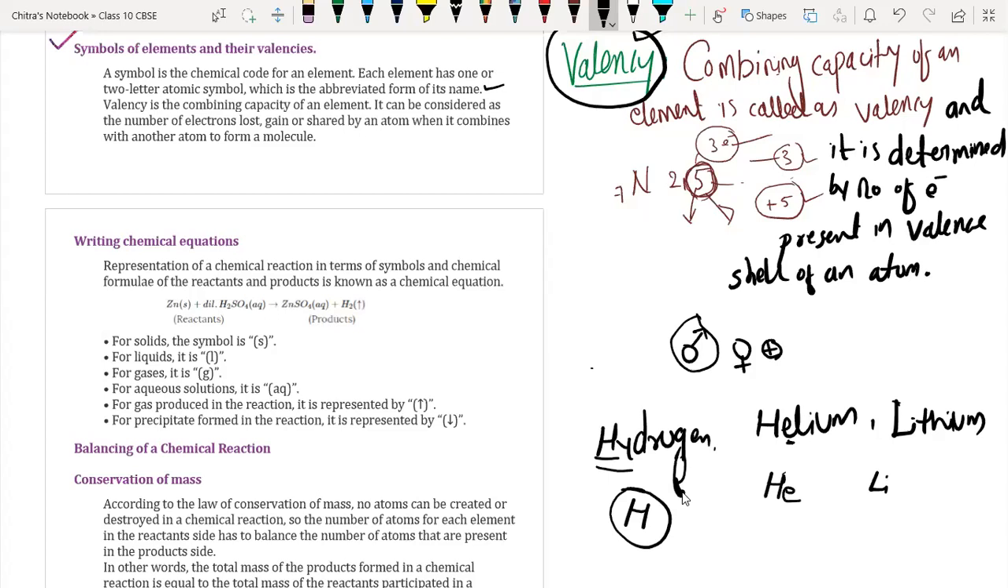Likewise, valency. See, the definition of valency is written over here. Valency is the combining capacity of an element. The combining capacity of an element is called its valency, and it can be considered as the number of electrons lost, gained or shared by the atom. It is nothing but the combining capacity of an element. It combines with another atom to form a molecule. The combining capacity of an element can be determined by the number of electrons present in its outermost shell. So I'm going to write over here: valency